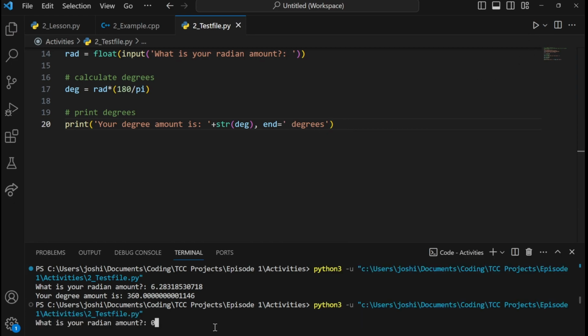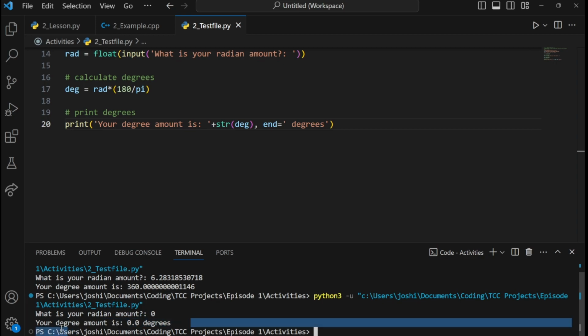Let's test this one more time. 0 radians, which is 0 degrees. Congratulations, you now know the basics of Python. Over the next few episodes, we're going to cover more functions and more features about each data type. But until the next time,